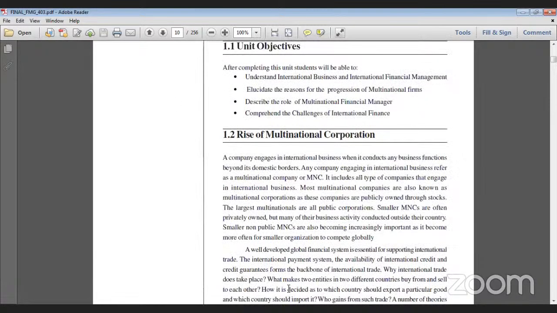In this topic, the first chapter, the first point is the rising multinational corporation. A company is engaged in international business when it is conducting any business function beyond the domestic border. Any company engaging in international business is referred to as a multinational company or MNC. It includes all types of companies that engage in international business. Most multinational companies are also known as